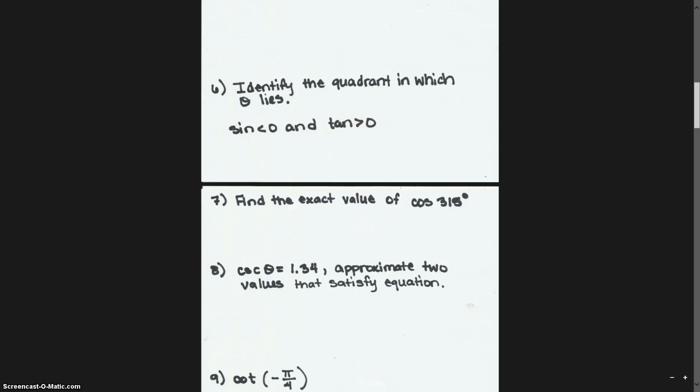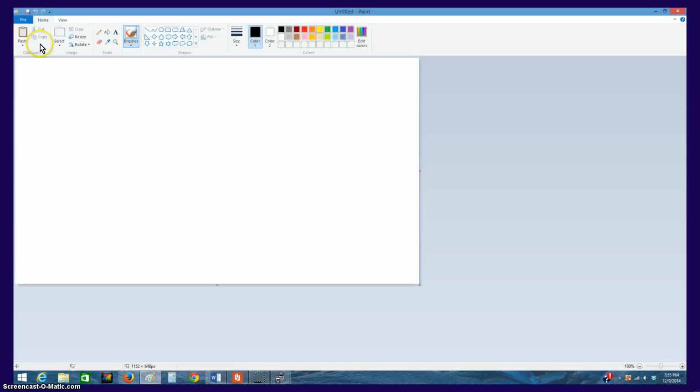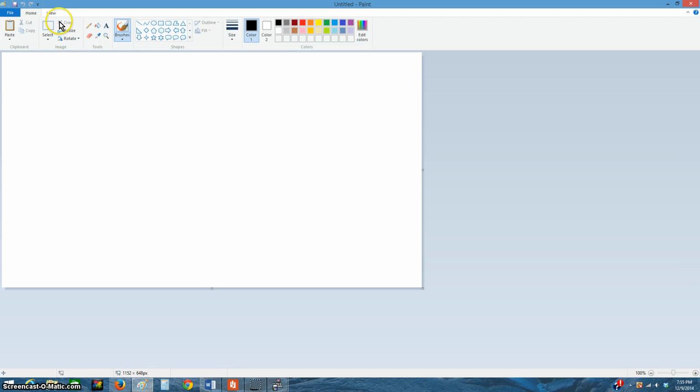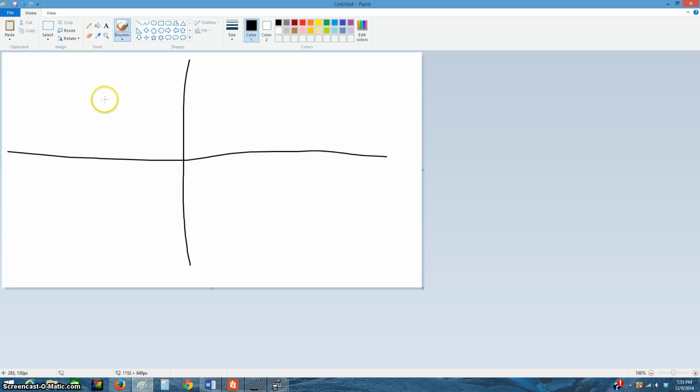So you want to take your first piece of info. And in all honesty, this really is a San Antonio Tequila Company question. So let's just go ahead and create the quadrants. San Antonio Tequila Company. And we want to know what quadrant. Okay, So first of all, it's telling us that sine is less than 0. That's the first